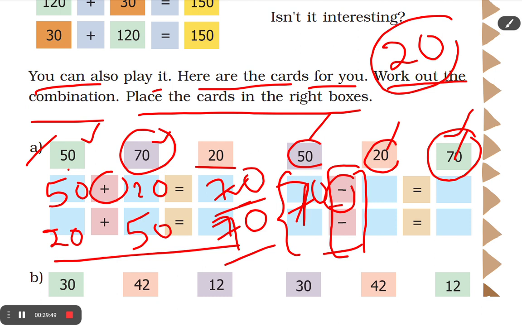So this is the leftmost place, means the starting place. Here you have to write 70. And here you can write either of these two numbers. Suppose you keep the 20 card here, 70 minus 20 is how much? The other card, yes, 50. Similarly, you will place the 70 card here, 70 minus, I kept the 20 card earlier, so I can keep the 50 card here, right? 70 minus 50 is, what is the leftover card? 20. So write 20 here. Is it clear, children? So in a similar way, do the remaining problems.